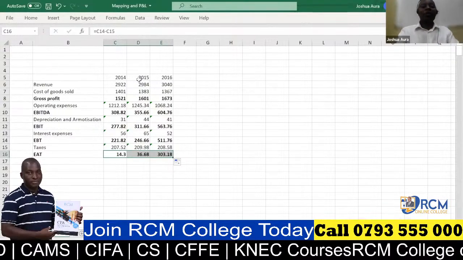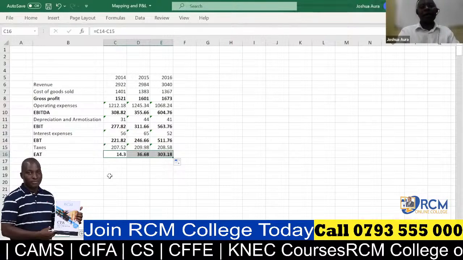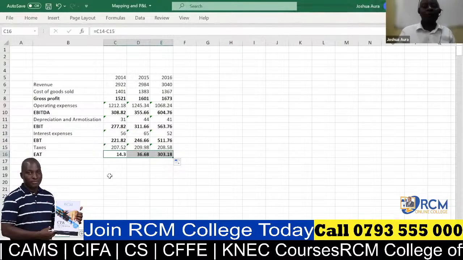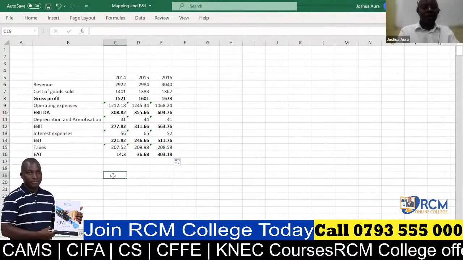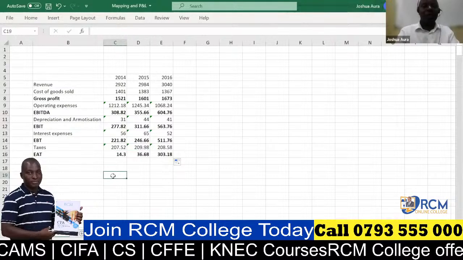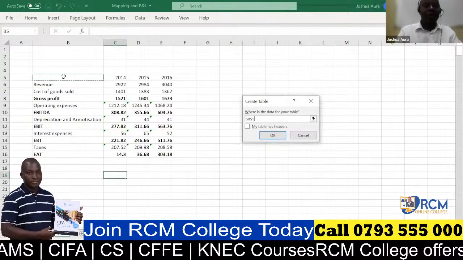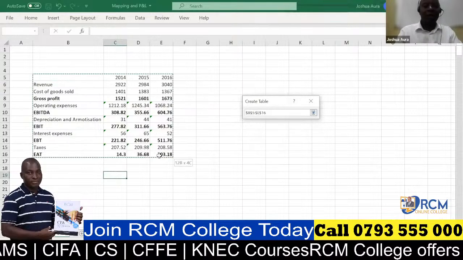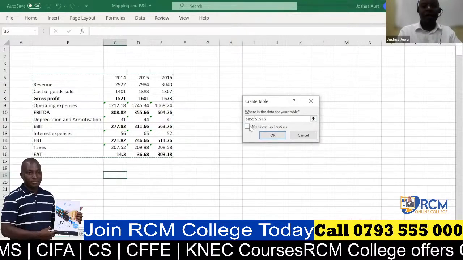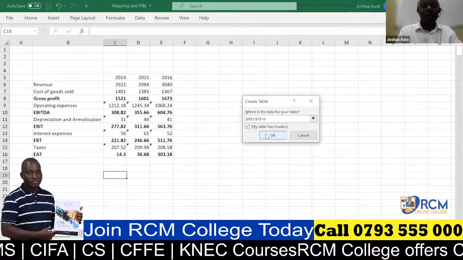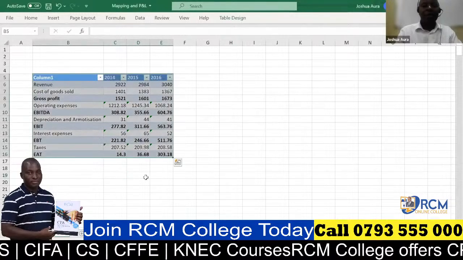Great. So from there now I can come and arrange all this information in form of tables, right? To make it look good. Control T for table. I would want it to start from here. Moves down like that. Does it have headers? Yes, it does. I'll be able to say okay. So now I'm trying to present